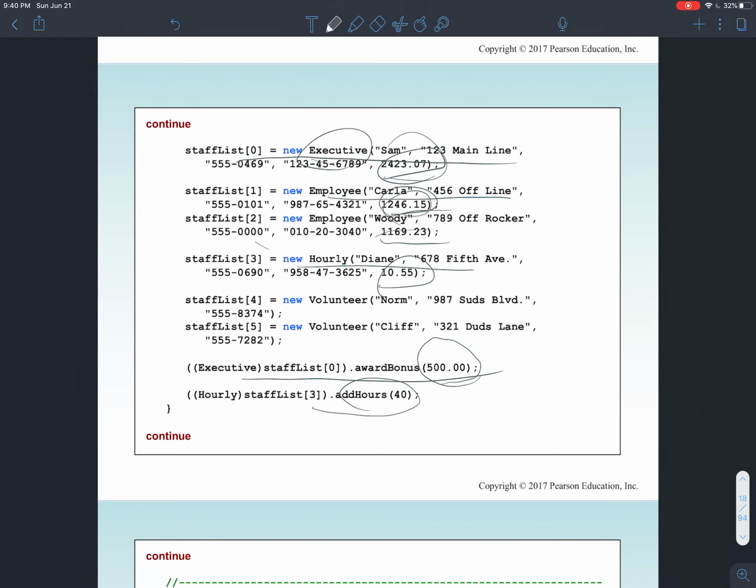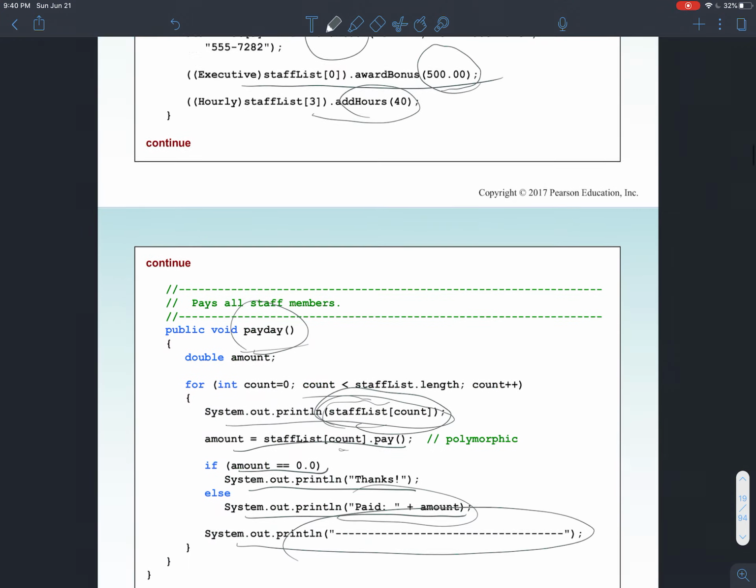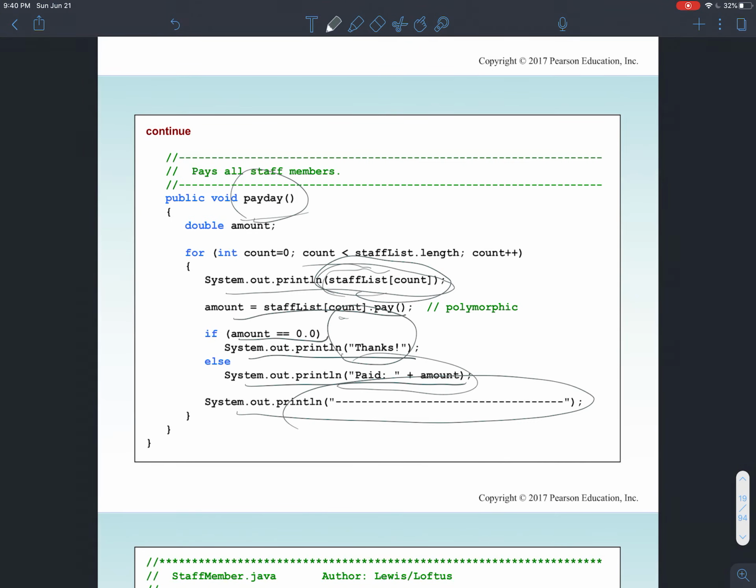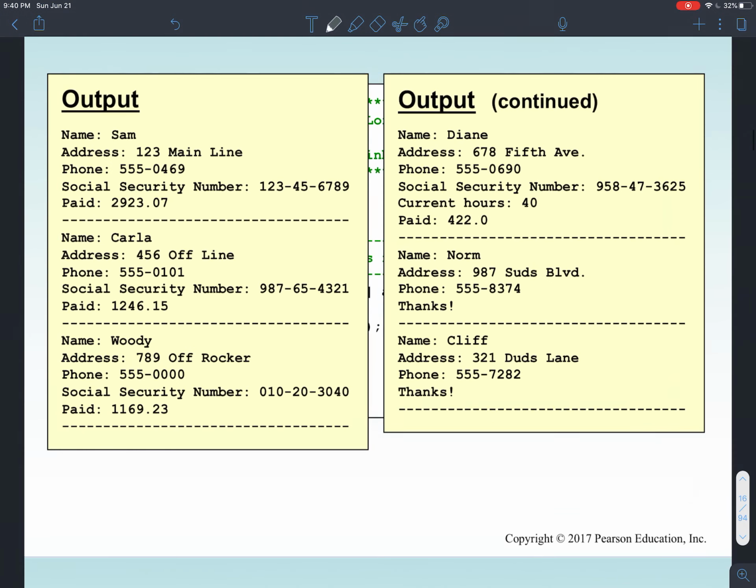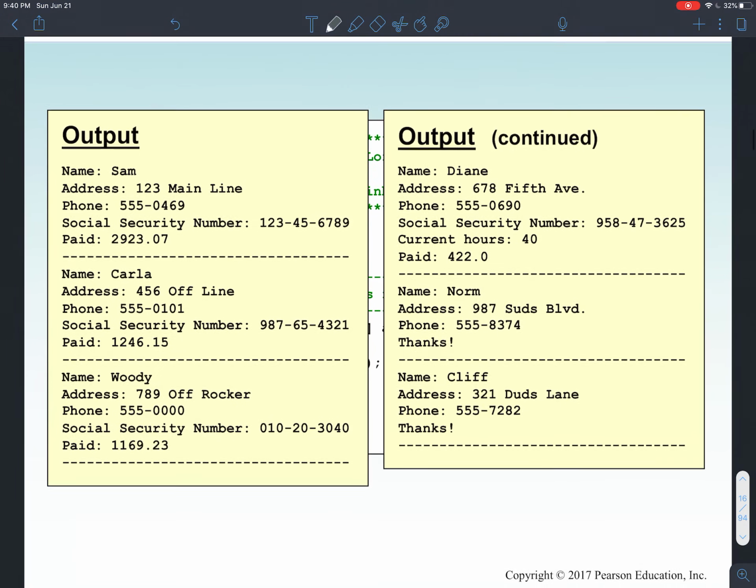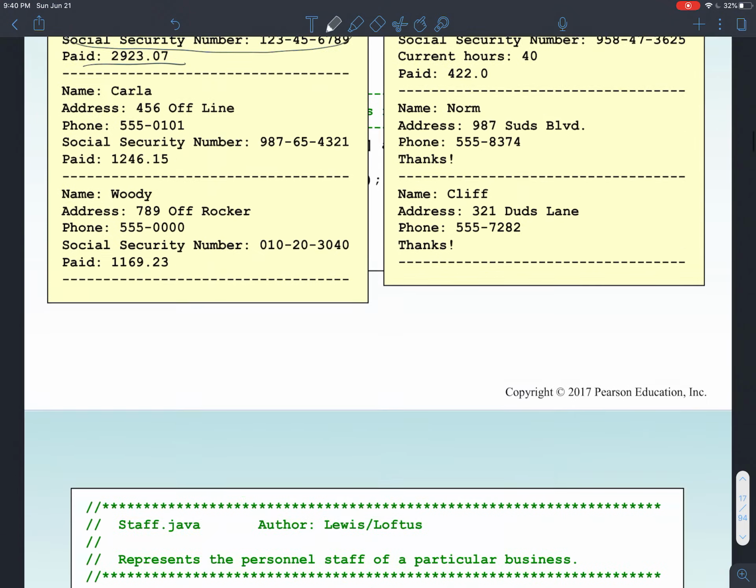And then we are going to do the same thing for the employee and the hourly rate worker. Whereas only for the last two staff members, who are volunteers, it will print out thanks without any pay. So let's look at the output of this program. First it will print out the summary of the first person, which is the executive. This is the information about it, and it receives